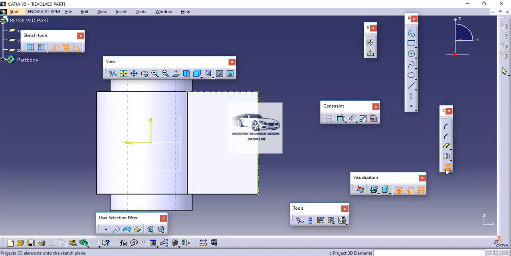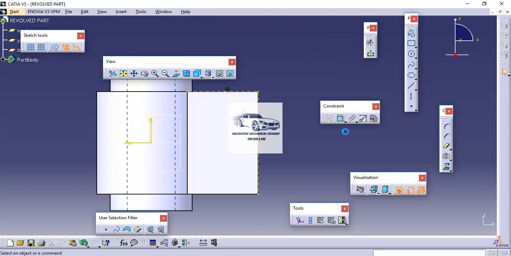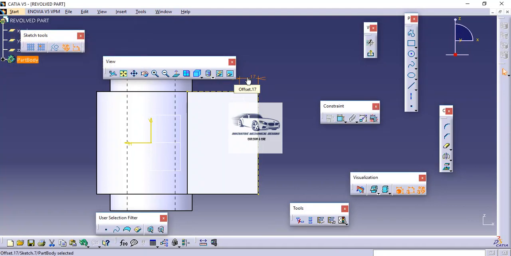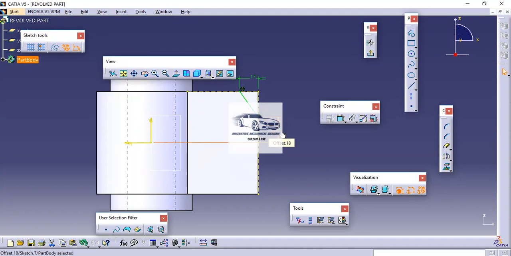These projection lines act as snapping lines for placing the end points of the line coincident with the edges. So now I will draw an inclined line like this, and then I will mention the distance from this point to this edge as 17, and again the distance from this edge to the center axis as 25.